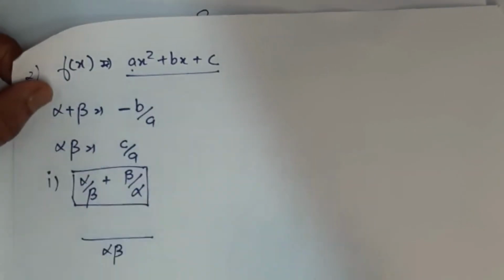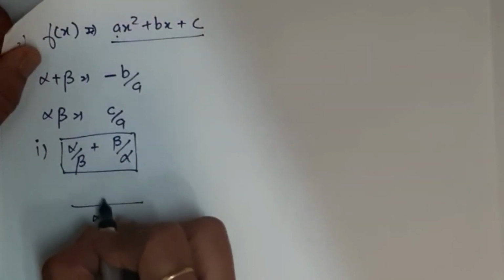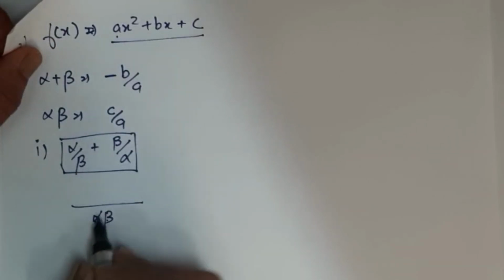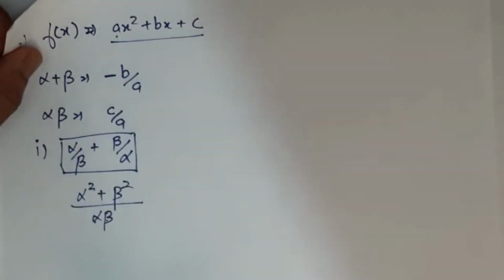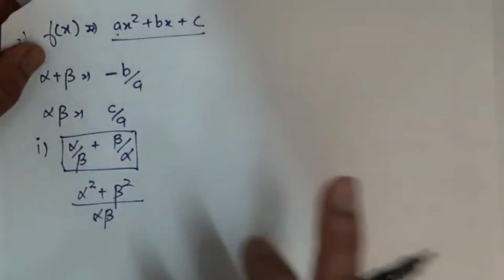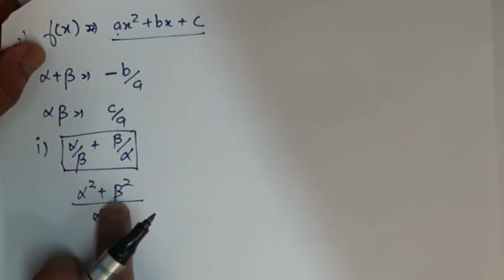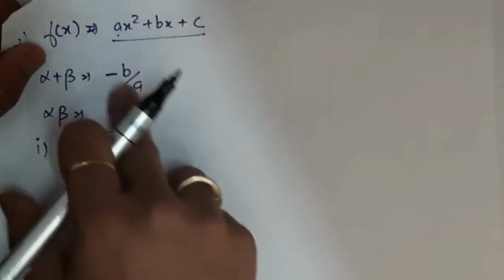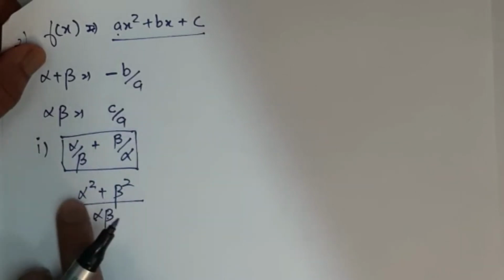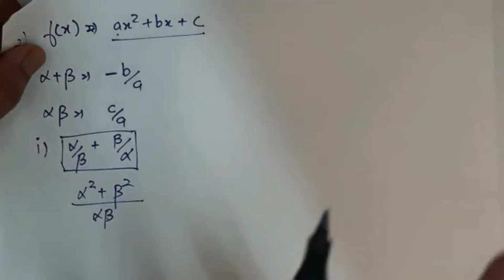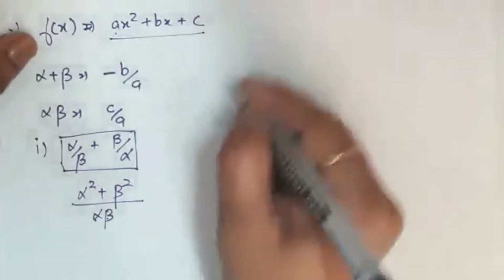First of all, we have to do the LCM. This is the only thing left with us. So see, beta is there but alpha is not there, so it comes out to be alpha square plus beta square. Okay, now we know, see, don't make a mistake over here. Don't put the value of alpha plus beta and make a whole square over here. No, alpha plus beta whole square and alpha square plus beta square are two different things. Remember.